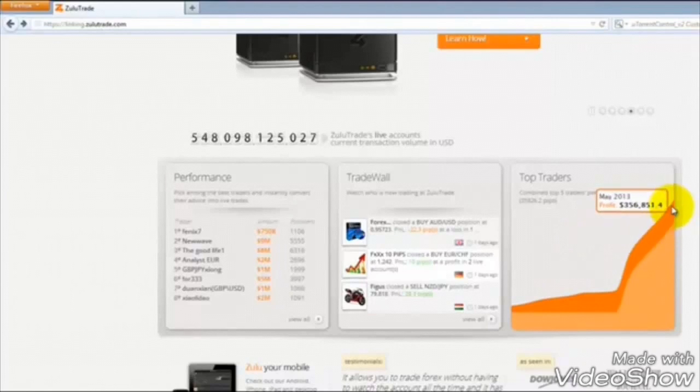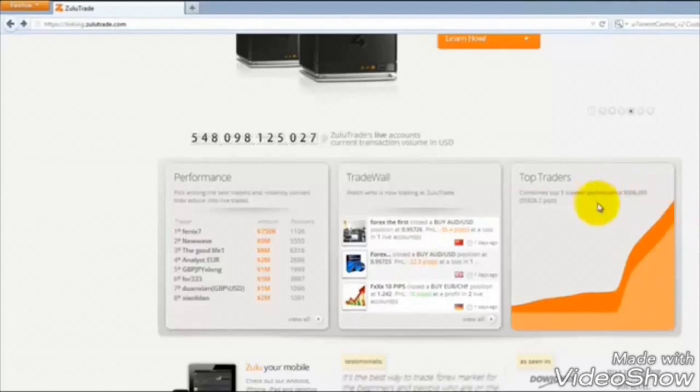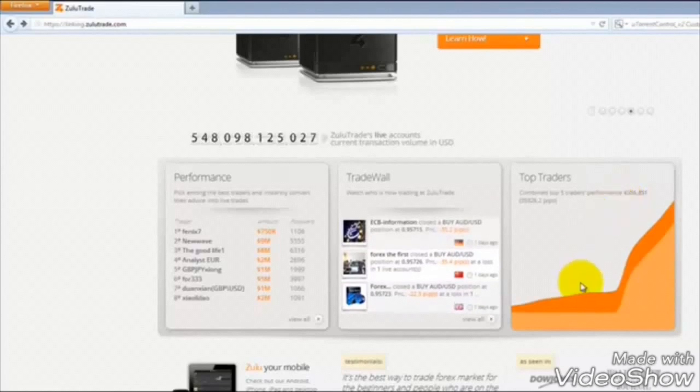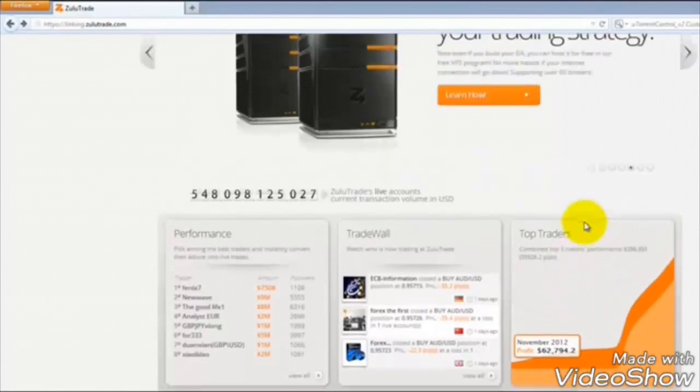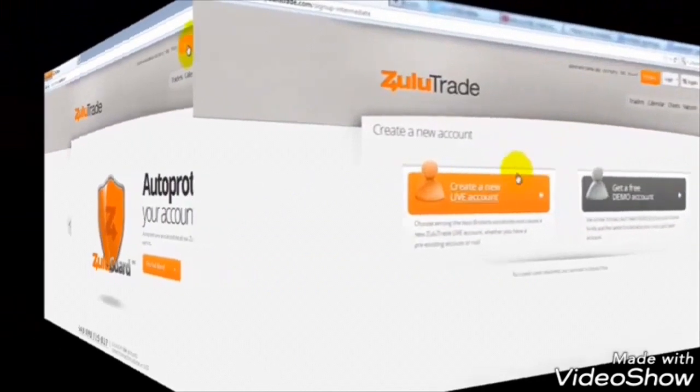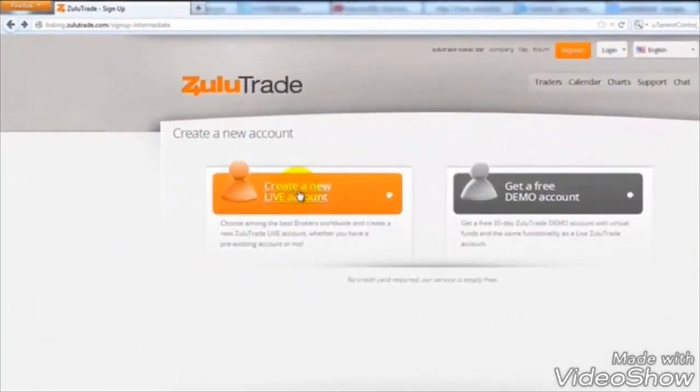Now if you had $10 per pip following the top 5 traders in the last 12 months, you would have finished with over $356,000. Now that's incredible. Again, we'll go through that strategy later, but for now what we're going to do is open up a demo, and we're going to do one of the easiest strategies on here that does produce a lot of profits. So what we'll do is we'll go to register, and here you can see it takes us